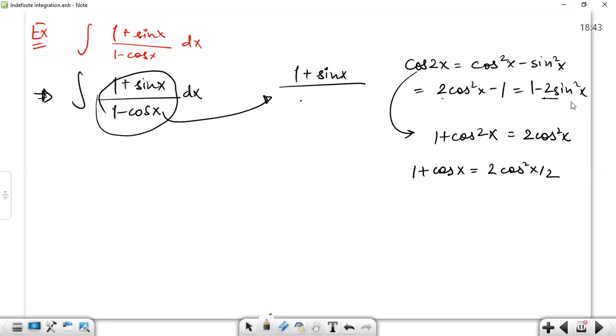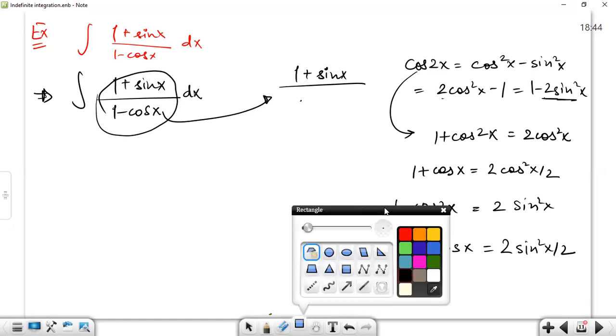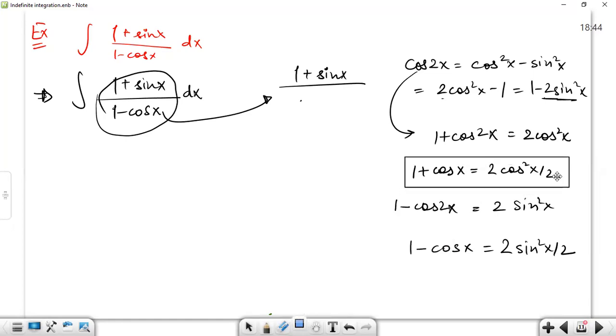And in this formula, 1 minus cos 2x is equal to 2 sine square of x. Halving the angle, 1 minus cos x is equal to 2 sine square of x by 2. So these are two very basic important formulas